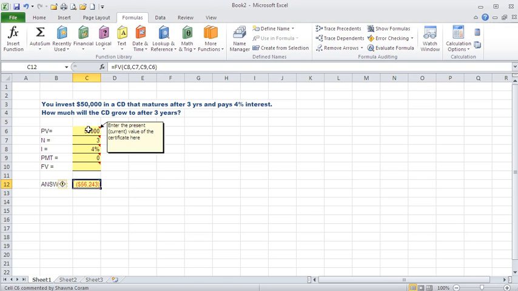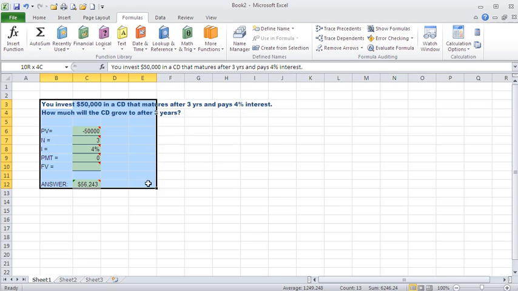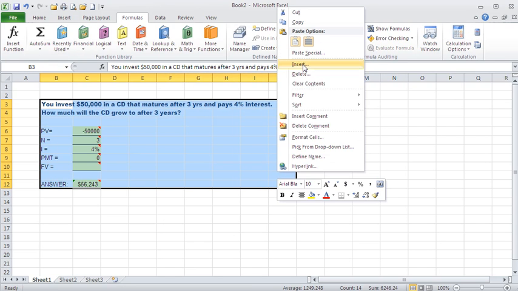$56,243. The reason why that's negative, if we would adjust our present value here as an outflow of cash, making it a negative $50,000, which would be an outflow, then we would receive at the end of the 3 years $56,243. Real quickly, let me show you if we were going to make it in months, how we would go